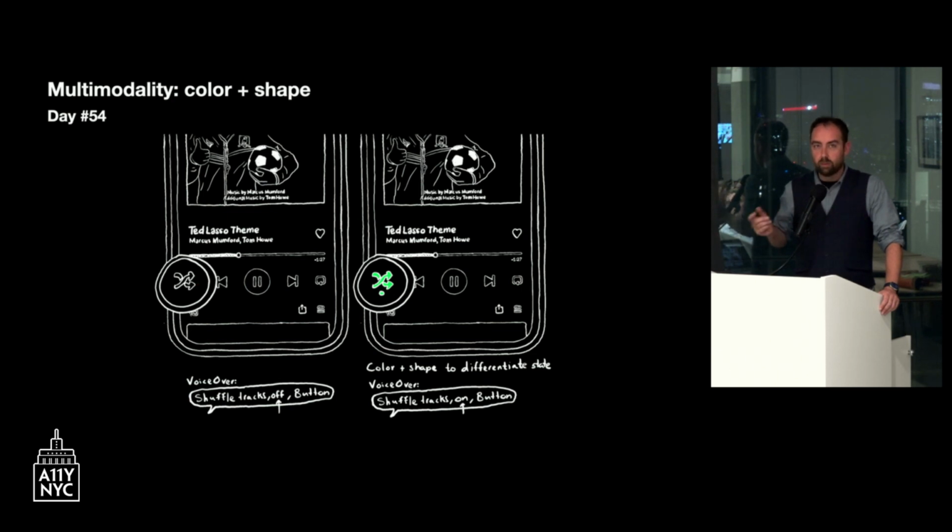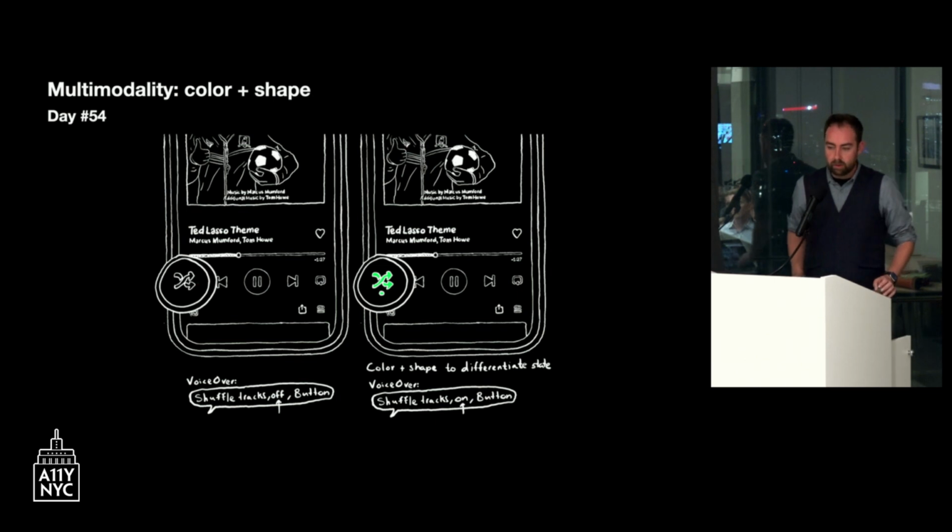And an example I really like to show is the shuffle button in Spotify. It used to be white when it was off and green when it was on. But then for some users that might be really difficult to perceive, the difference of those two states just by the color, if you, for example, are color blind. So what the designers at Spotify did was to add a circle, a small dot underneath the shuffle icon when it was on. So that simple change now makes it so much easier actually for everyone to identify. And it has become kind of a part of the brand of Spotify.